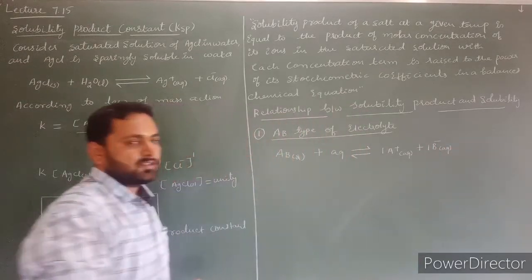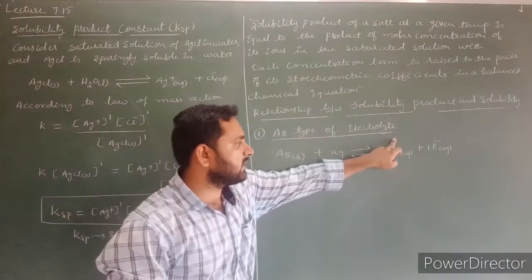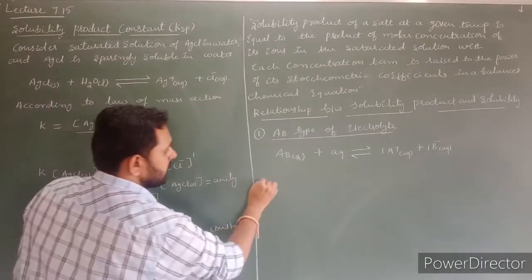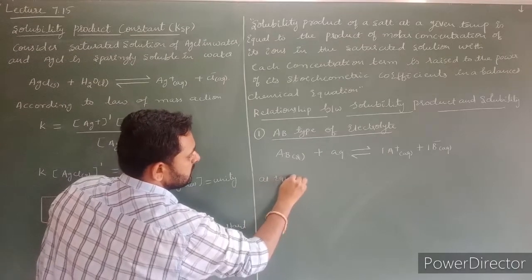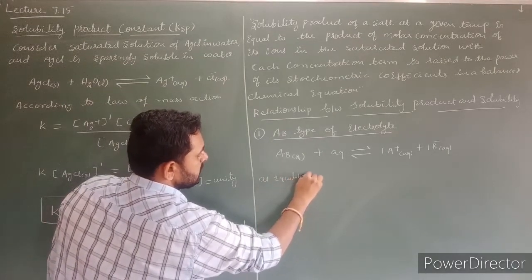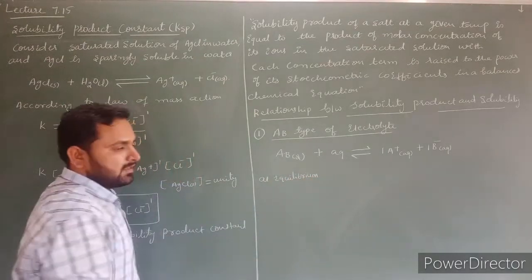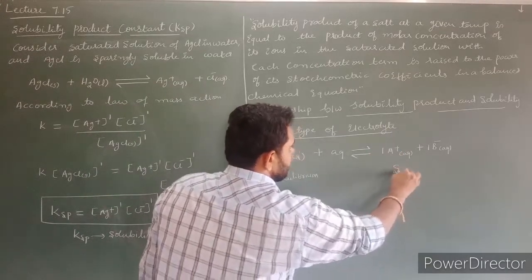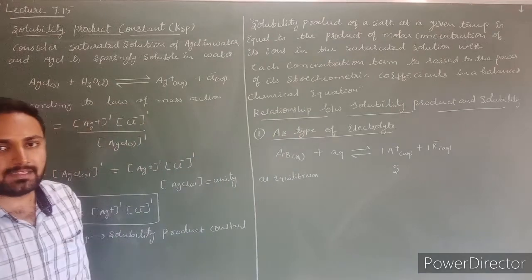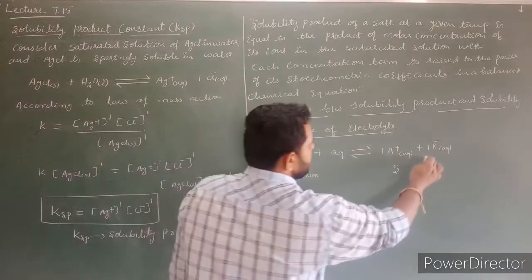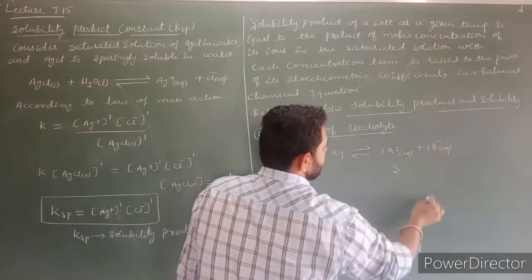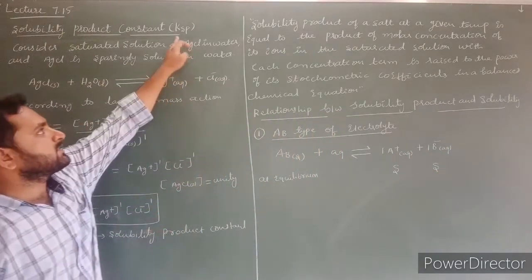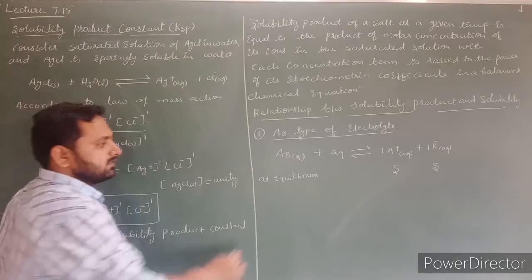Now let us write solubility of A plus ion and B minus ion at equilibrium state. At equilibrium state, now let us consider the solubility of A plus ion is equal to S. S means solubility of A plus ion. Here the solubility of 1 mole of B minus ion is equal to S. Next, now let us write KSP mathematical expression for this equation.